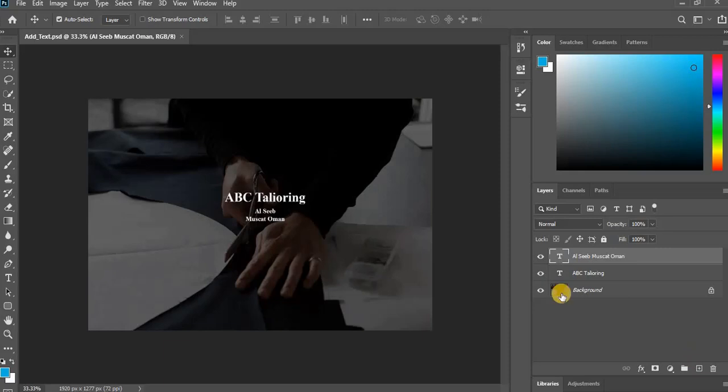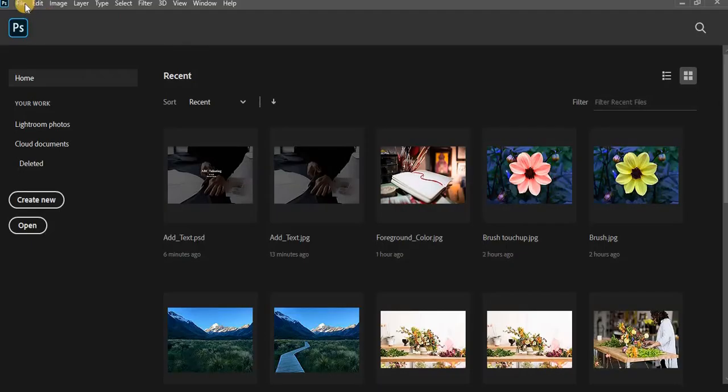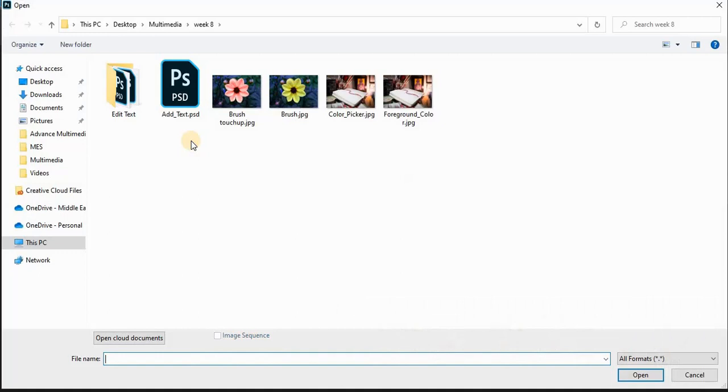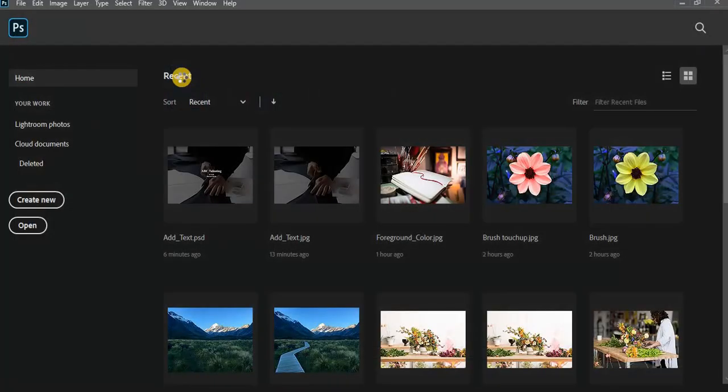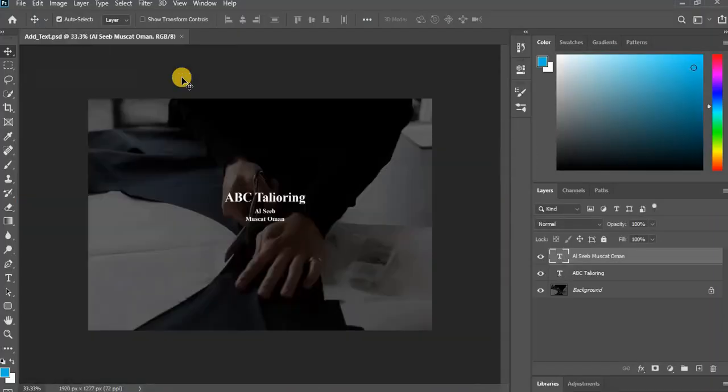Okay, so we have done some type layers over here. Now I'm going to close this one and open the PSD file that we have created. Now we are going to add some more text. This text is available that we have added on our image, but sometimes we need some paragraph form. So for that you have to click on your shift key and drag and drop